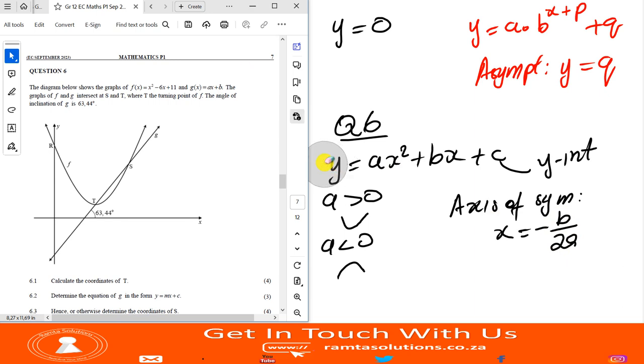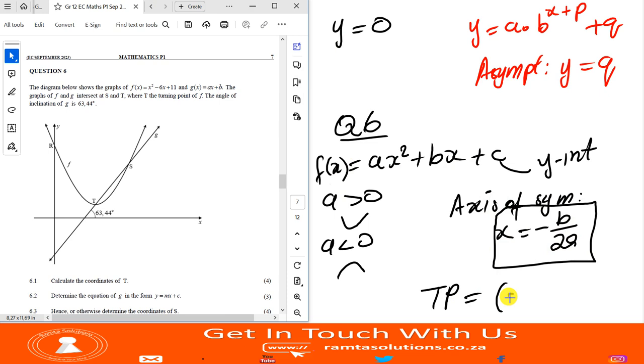Maybe let me call this f of x. So the axis of symmetry will be x equals minus b over 2a. Or you can complete the square if you like. And then to find the turning point, it'll be minus b over 2a, which is the axis of symmetry, and f of minus b over 2a. In other words, what I mean is the y value of the turning point is